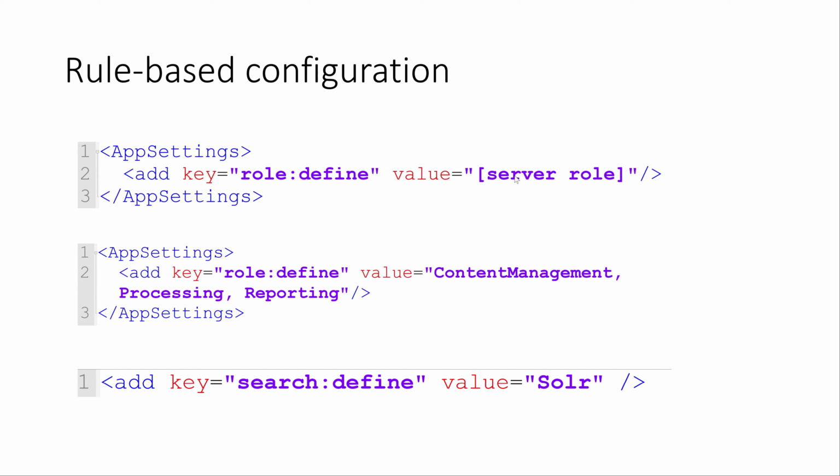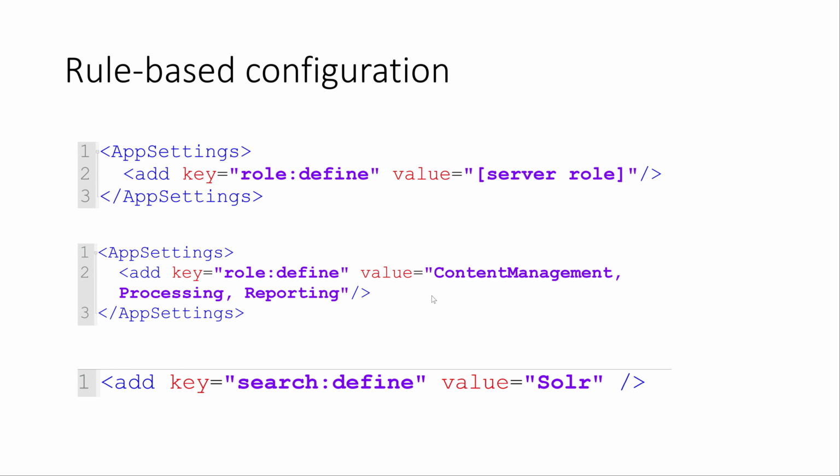Just flip this setting. And the second thing is search define. Each Sitecore instance requires a search engine. By default it is Solr, so this particular environment is using Solr settings and the Solr search engine. If you want to change it, you can just change it. Azure Search is still supported, but in later versions it is getting deprecated. If you want to switch, you can just put Azure here, and then it would act as an Azure environment using the Azure search engine.